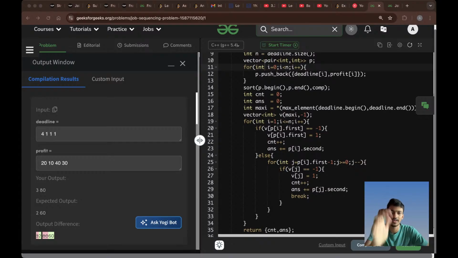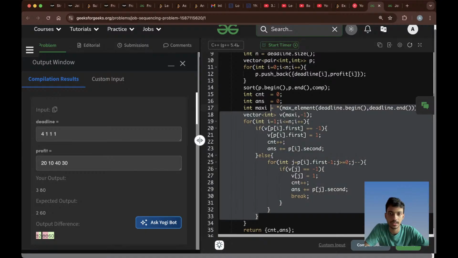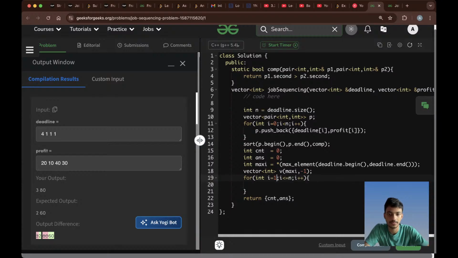Okay, wait a minute. It is getting so messy, so I'm just deleting it and writing it again. So we are starting from the 0th index and going till n index. Okay. Yeah. Now